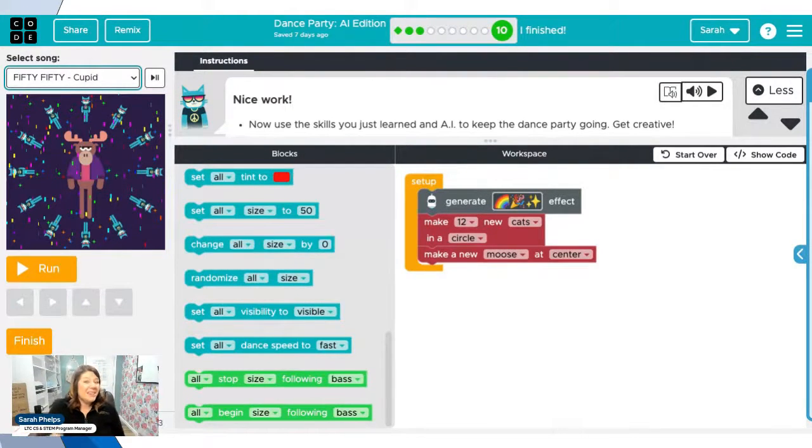I also have done this activity with younger students. We just did it as a group. I love the Unplugged activity to introduce this Hour of Code, but it definitely could stand alone as well. And again, this is new. The AI generation part is brand new this year, so students can have this experience with generative AI for the first time.